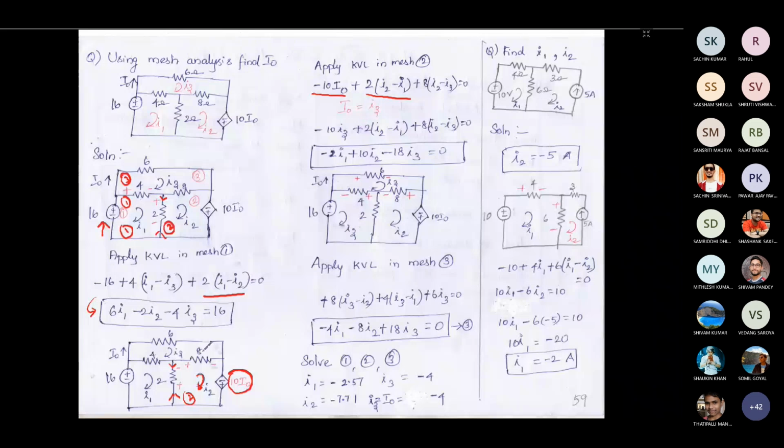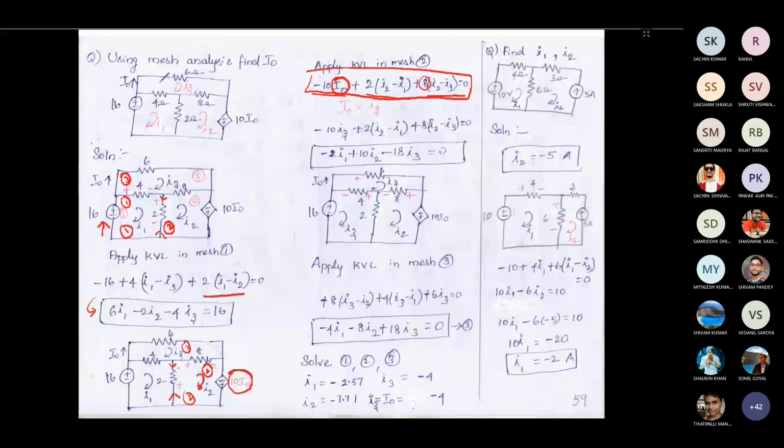Okay. Then for this 8 ohm resistor, this is a common branch between mesh 3 and mesh 2. So here we have to consider I2 current as higher magnitude and I3 current as lower magnitude. So we have considered I2 minus I3 multiplied by 8 ohm. So that is going to give the voltage, and that is equal to 0. This is another equation. Now in this equation, we are having 4 currents. I naught, we know already what it is.